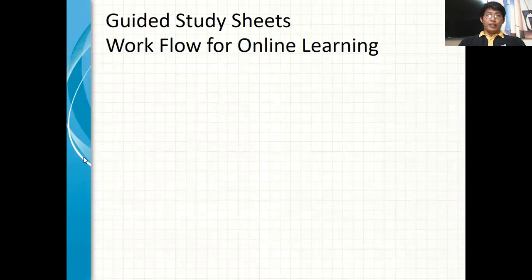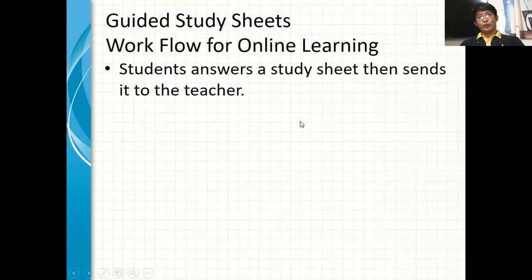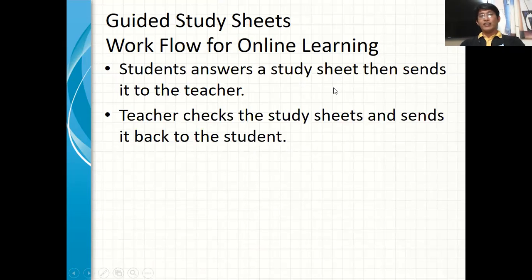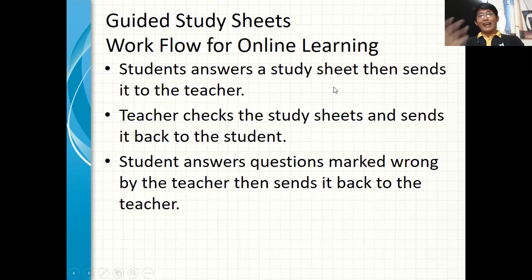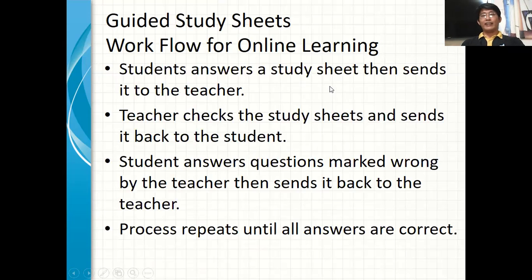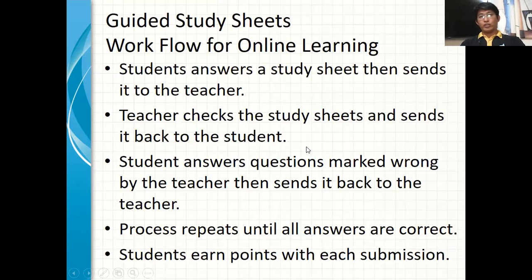So, ito po yung workflow for study sheets when using it online. So you make your study sheets, you send it to the students, they answer the study sheets, you check, they send you back the study sheets, you check the study sheets, they answer it again, and then you check it again until they get all the answers correct. Now again, since they're just learning, you use these study sheets and they get scores for each submission. So you use this as plus points for kung ano man yung summative